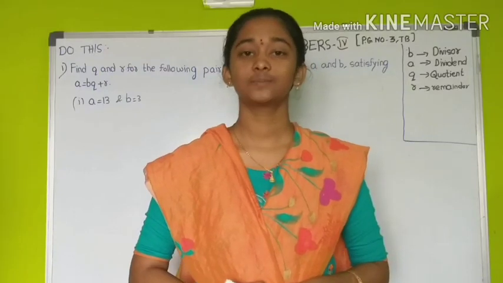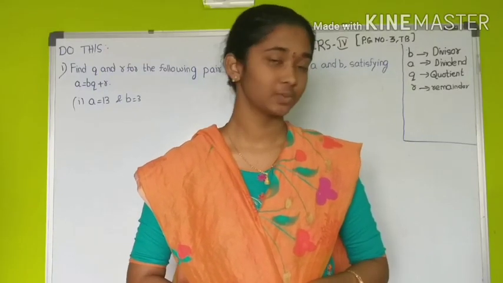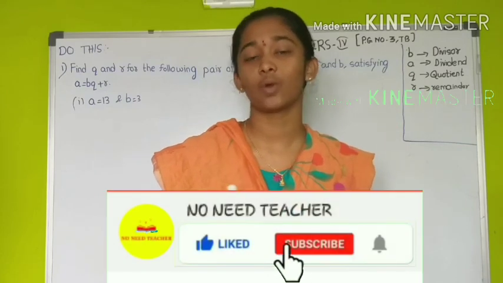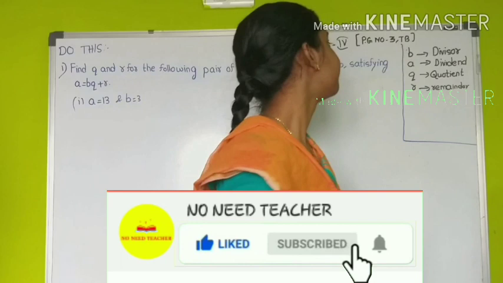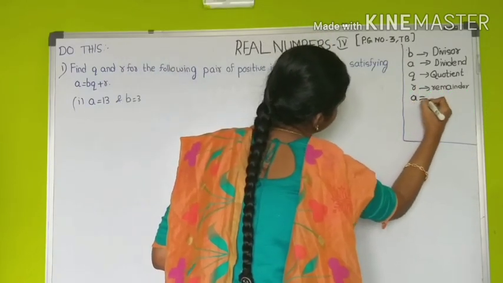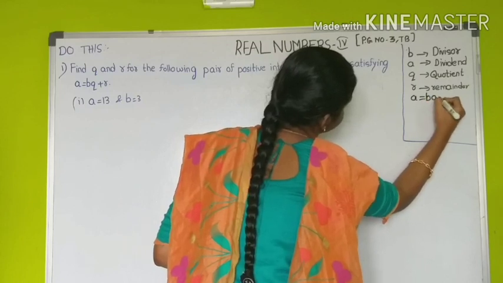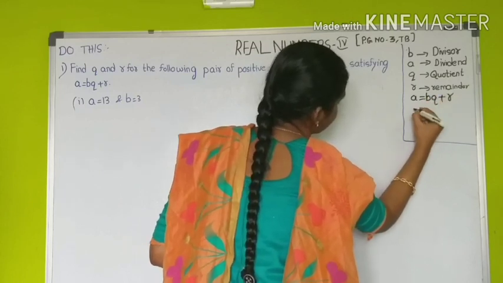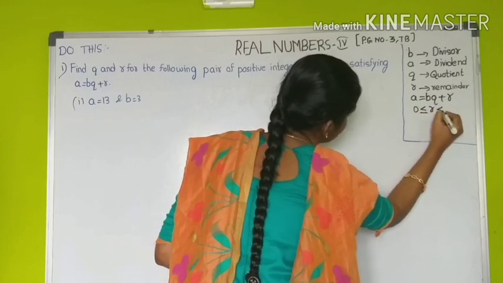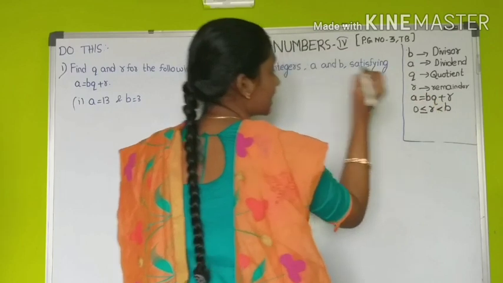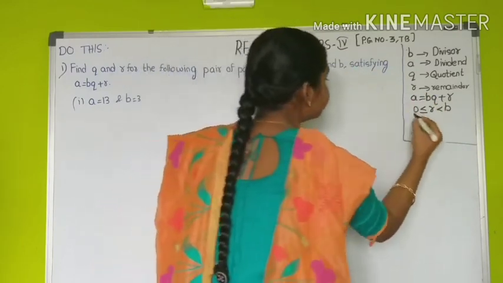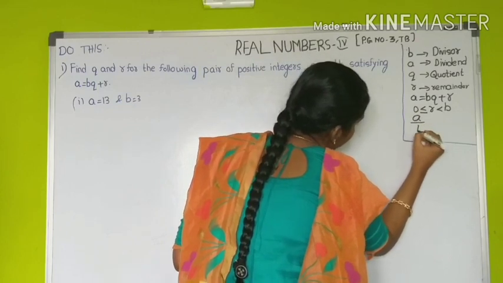Before doing this problem on page number 3 of the class 10 textbook, we first write all the equations and conditions, so that solving the problems becomes easier and faster. First, we write Euclid's division lemma equation and its condition: A is equal to B into Q plus R, and for the remainder, 0 is less than or equal to R, which is less than B. Another condition is that we always divide the numbers in the division form A by B.